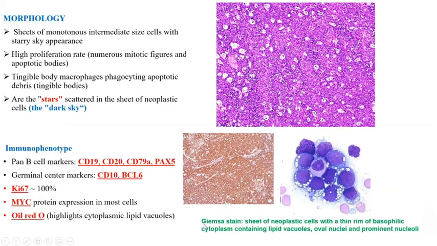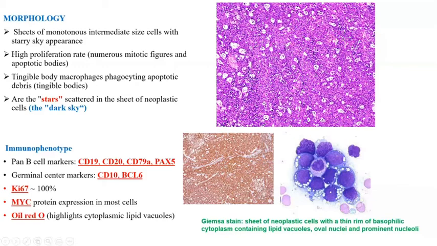So morphology. So morphology is very characteristic. You can see these are lymph nodes effaced by lymphoid tissue, and these are pale appearing macrophages. So the characteristic appearance is described as starry sky appearance. Starry because of the macrophages, and sky because of the lymphoid cells. These are blue, so blue sky, and because of the presence of these macrophages, it is known as starry. So there are so many stars embedded in the sky.